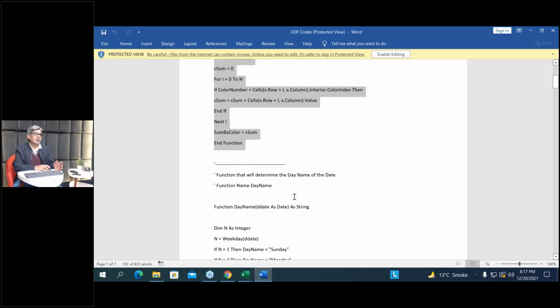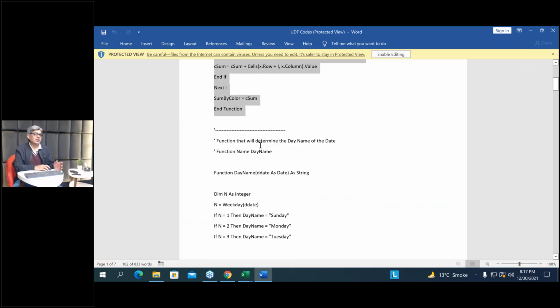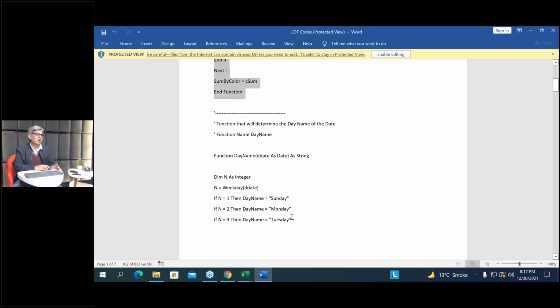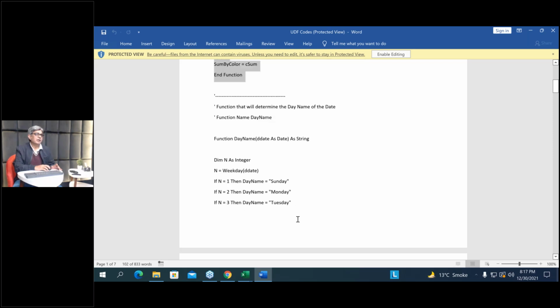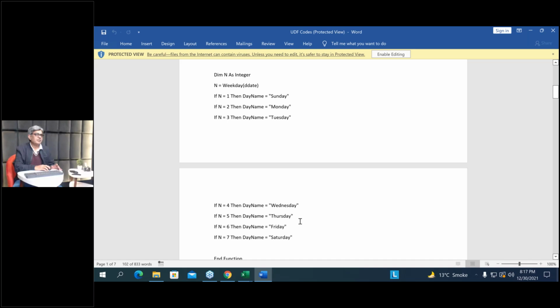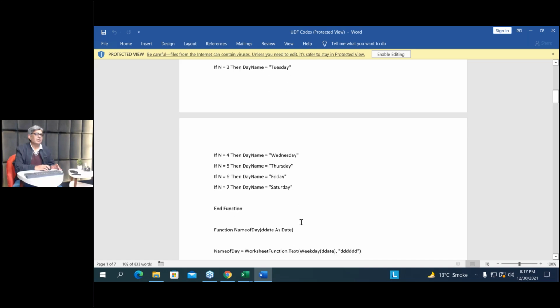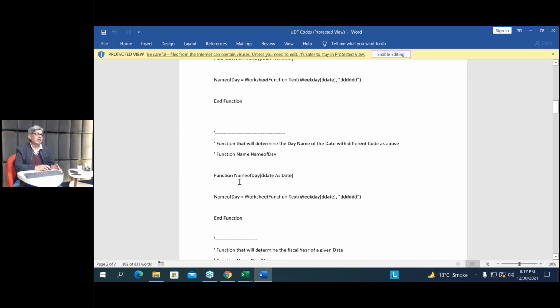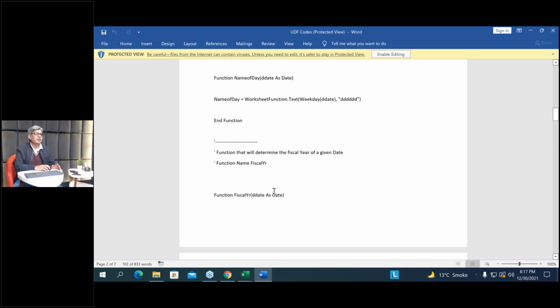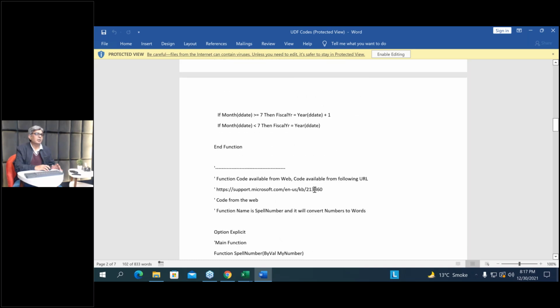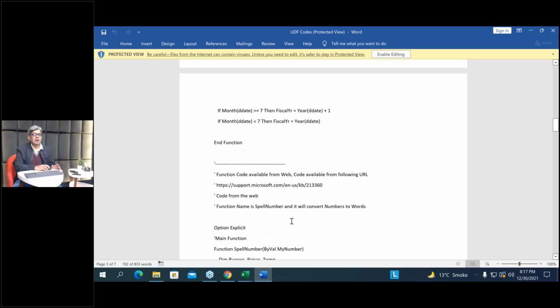So for example, you can use this function that will determine the day name of the day, right? For example, it is a Sunday, Monday, or whatever, right? Then we have some other functions. Functions name of the day. There's a second type of code. We have code available from the web. That is interesting, but we are already